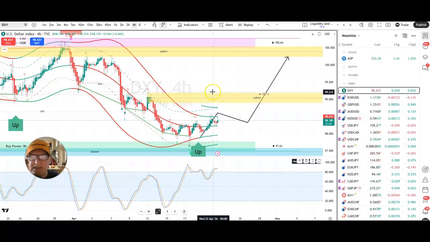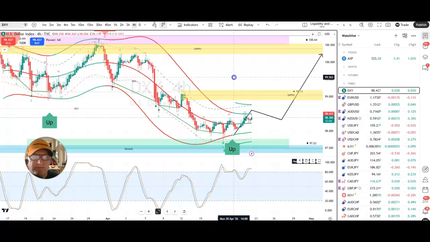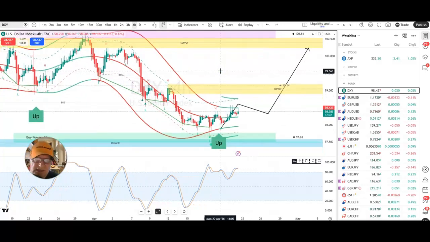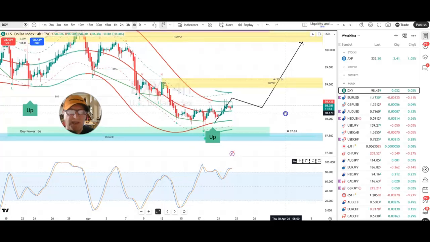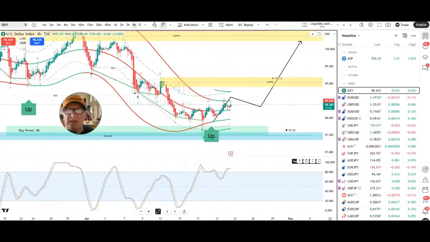Now, US dollar index, we have an up. This means that the dollar is going to go strong. Now, this is a leading indicator. It's not a lagging indicator. When it says up, it means up. Now what can happen, of course, is while it's going up, it can pull back down, which is highly likely to do, back into demand,